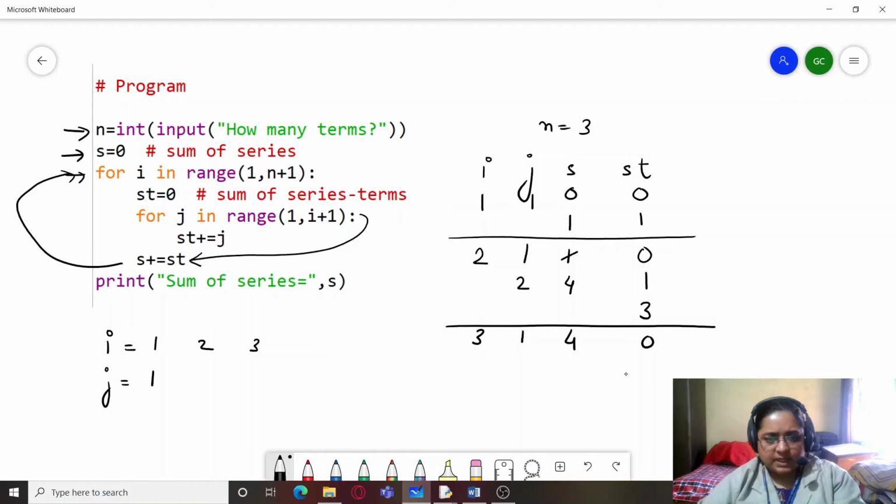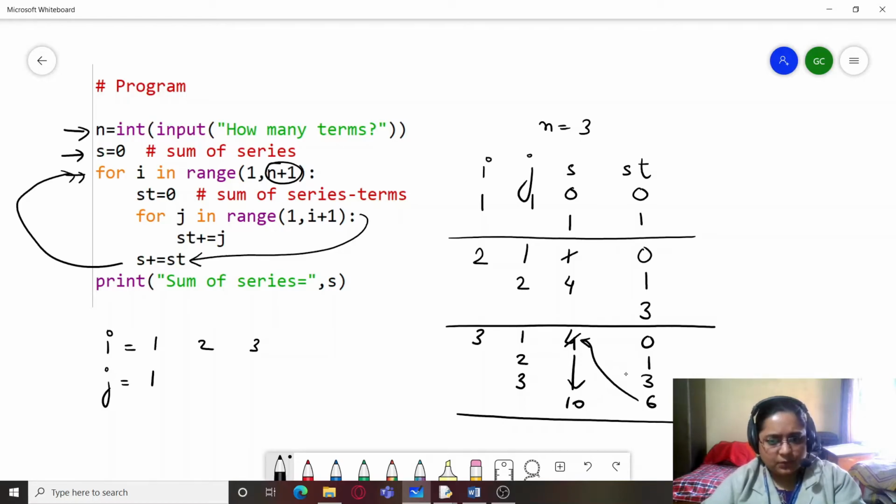So now j will take up values 1, 2 and 3. So firstly 1. So this part will actually be adding now 1 plus 0 will be 1. Then 2 plus 1 will be 3 and 3 plus 3 will be 6. And then this 6 plus 4 will actually become what? 10. And next time, because I had to end at n plus 1, that is 3 plus 1, 4, it has already taken up its maximum value, so my final result is 10. So this is my dry run.